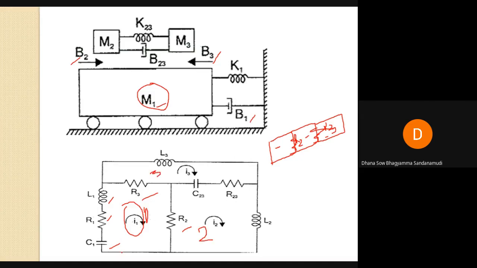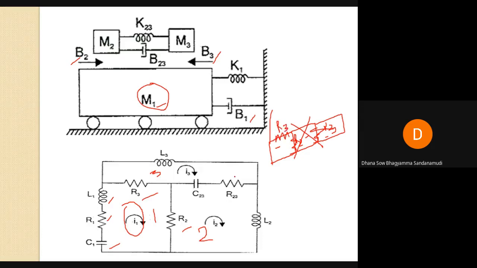This is loop 1, this is loop 2, this is loop 3. You must keep that in your mind, and based on that you must draw the circuit now. So this is not our circuit, this is wrong. Whenever a 3-loop system comes to our mind, we usually think like this, but if you draw like this, it is a mistake. Why? Because R3 is not common to 2 and 3, it is common to 1 and 3. So 1 and 3 means definitely R3 should be here.